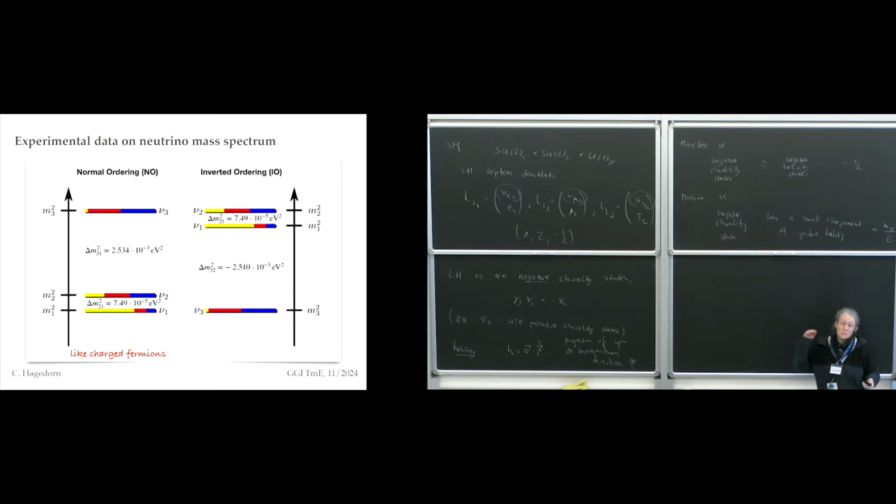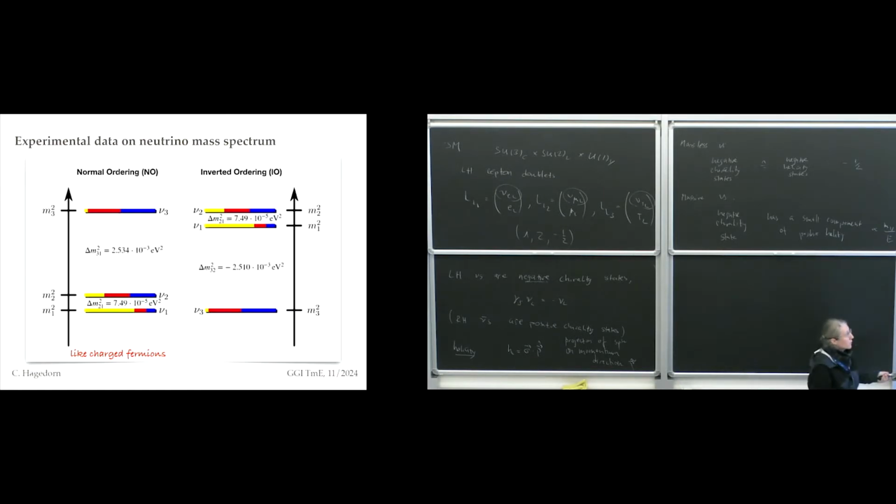And then the cosmology gives us a bound on the sum of all three, which, however, doesn't tell us where the absolute scale is. So it doesn't tell us in particular where the zero is. If we take this as a mass scale, so this is something in electron volt square, it doesn't tell us where the zero sits. So the zero might sit here, which means the lightest neutrino mass is non-zero itself. It might also sit here, which would tell us that the lightest neutrino mass actually is zero,